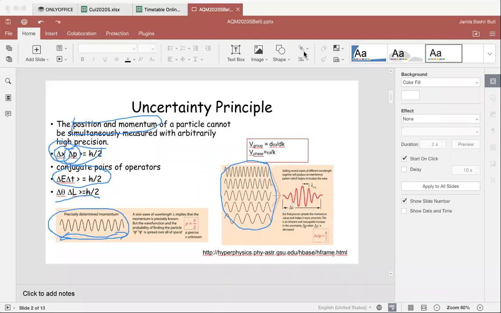So I want to just come back to this delta x and delta p again. If we try to reduce the uncertainty in